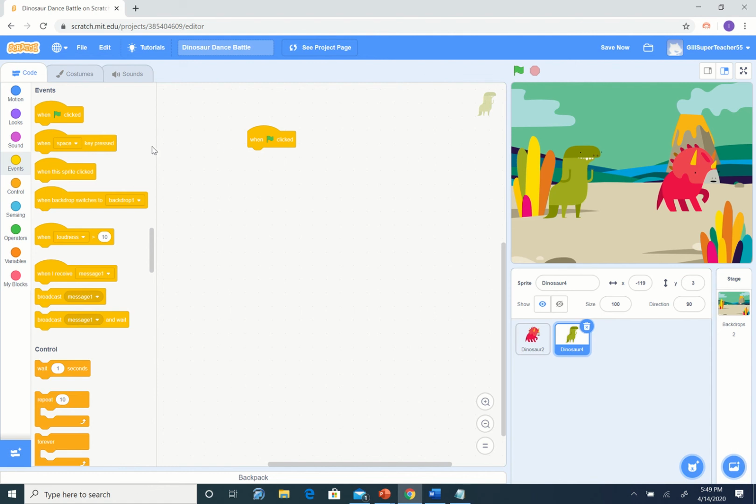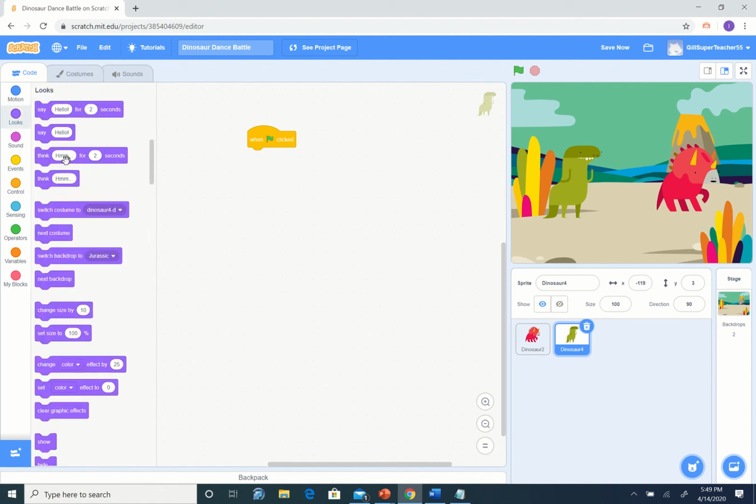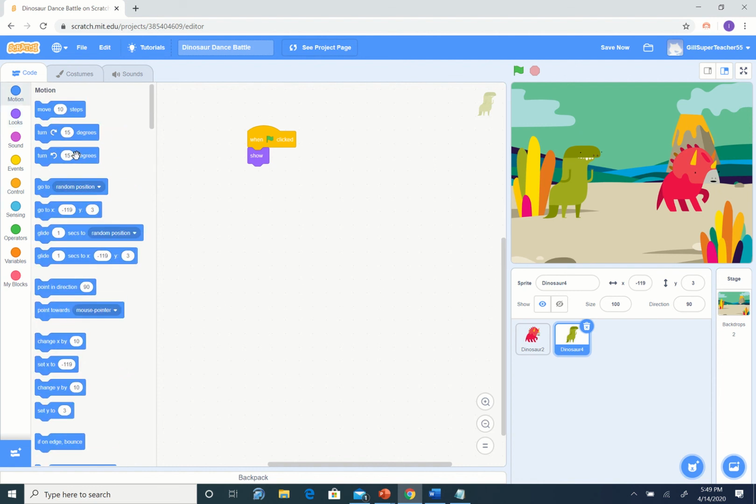So the first thing we would like to do is we want to make sure that our dinosaur is showing. A lot of the time when your sprite game ends, you might have your sprite disappear. For example, if you're playing a game where your sprite dies at the end of the game, you would want it to show again. So it's good practice to just simply put the show at the top,